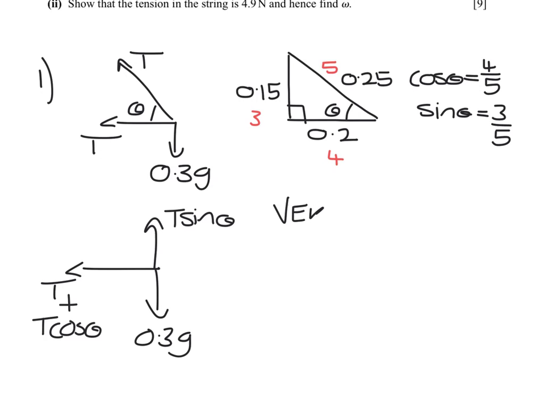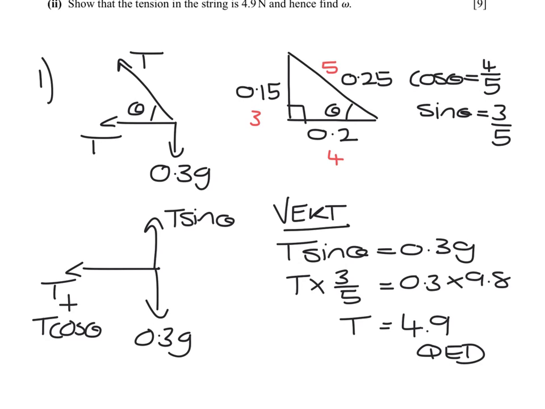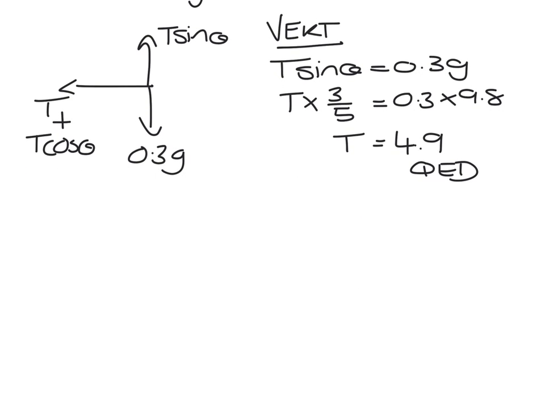In the vertical direction, we have no motion, so there is no resultant force. T sine theta has to equal 0.3 g, so T times 3/5 equals 0.3 times 9.8, and if we solve that we get 4.9, which is what we were asked for in the question. We then think about the horizontal motion, and in the horizontal motion we have circular,